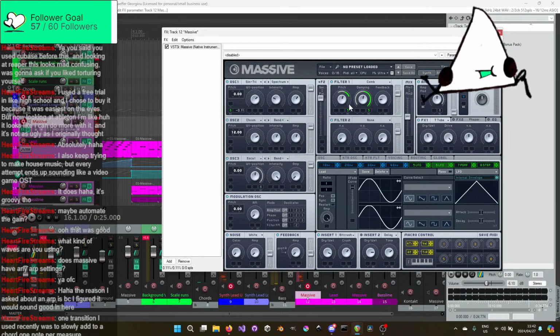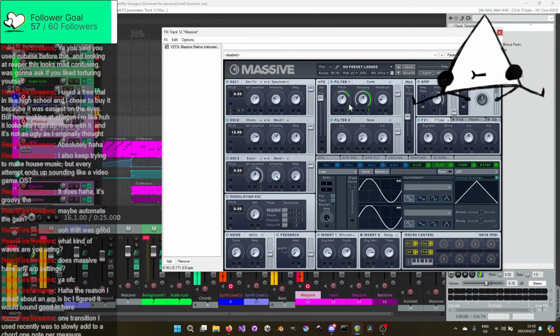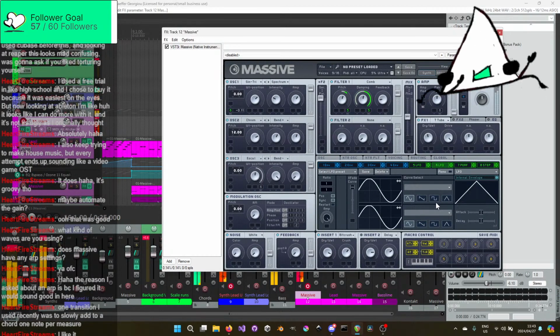It's like electricity right now. It's probably a bit too panning. Can even change the wave.